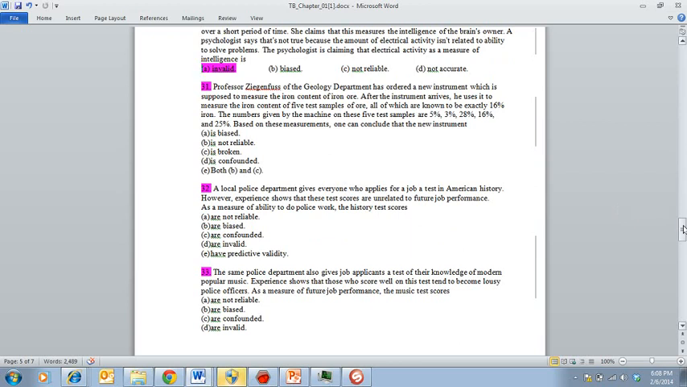Number 31, Professor Ziegenfuss of the Geology Department has ordered a new instrument which is supposed to measure the iron content of iron ore. After the instrument arrives, he uses it to measure the iron content of 5 test samples of ore, all of which are known to be exactly 16%. The numbers given by the machine on these 5 test samples are 5%, 3%, 28%, 16%, and 25%. Based on these measurements, one can conclude that the new instrument is